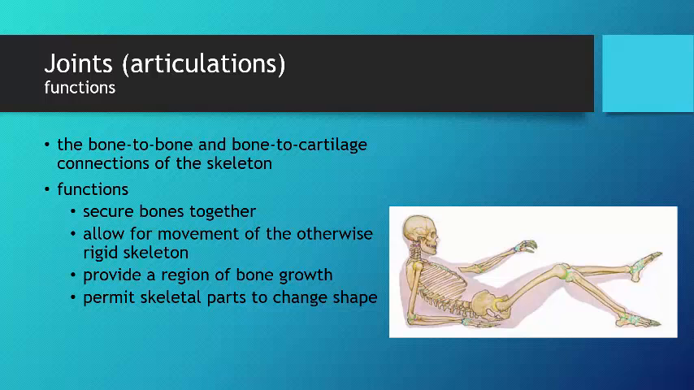It also allows a region of bone growth. So the joints, by having these breaks in the skeletal system, create the opportunity for the skeleton, the endoskeleton, to get larger over the course of a person's lifetime. And then it also allows skeletal parts to change shape. So as bones grow and develop, there are significant shape changes to them, and so this allows shape change during growth, but it also permits shape change